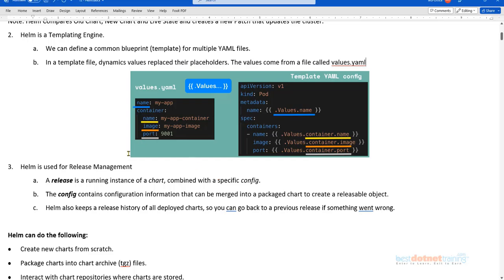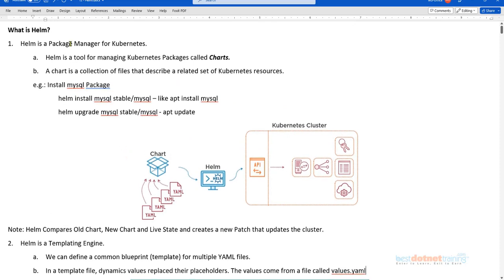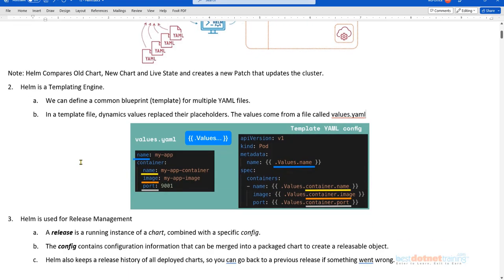Now not only is Helm a package manager for Kubernetes deployments. When I say deployments, it's not the Kubernetes deployment kind of object. I say application that you wish to deploy in the cluster. Okay, I'm calling that deployment, basically from the software industry perspective. We have a term called deployment, isn't it? I'm talking about that word, not the Kubernetes object called deployment. So it is a package manager, it is a templating engine, right?